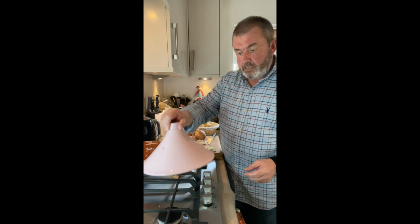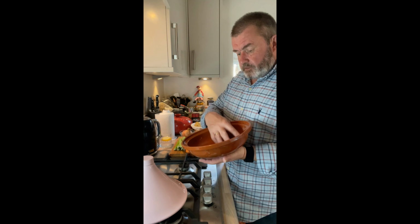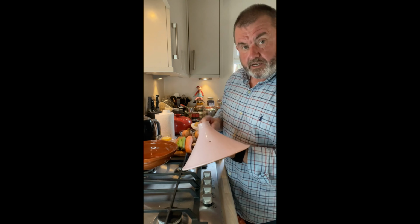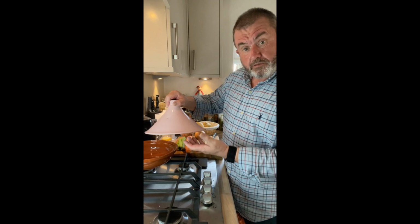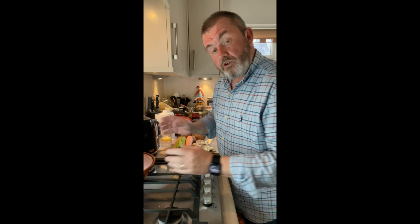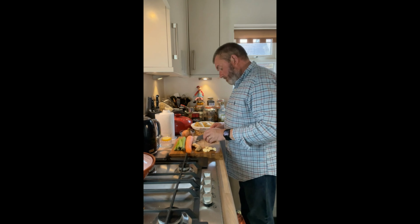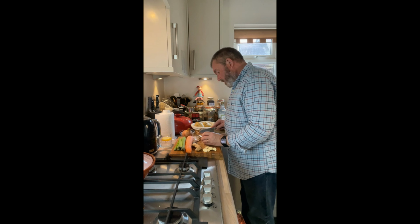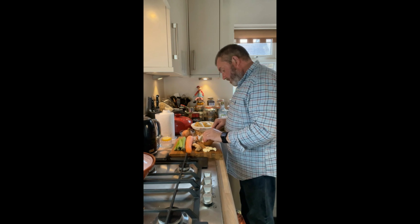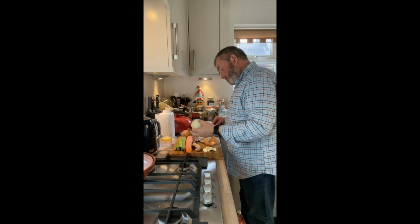So a traditional tagine consists of a flattish dish. Now I say it can be painted, they can be earthenware, they can be glazed or whatever. But that's the base, and then you have this top. It's got a little vent in it, but essentially the idea is it keeps the moisture inside there, condenses up there and runs back in, and so it just cooks itself in its own juices. So some of the juices are going to obviously come from the ingredients that we put in there. You can add a little bit of water if you want, but generally you shouldn't need to. So I'm just going to get peeling,